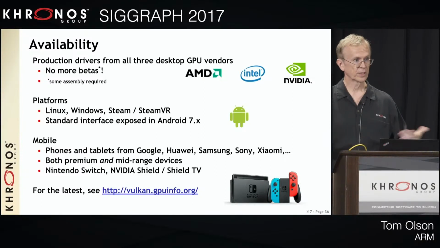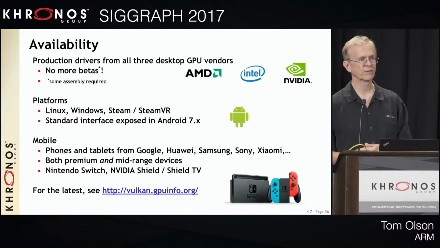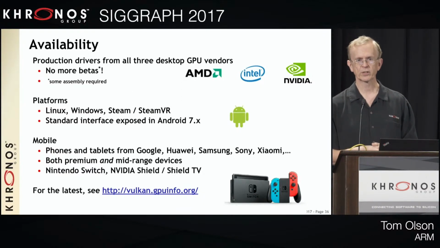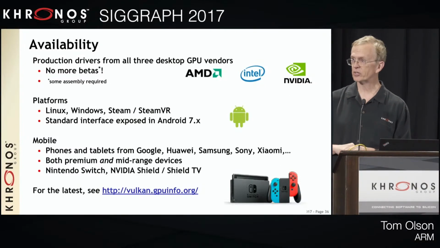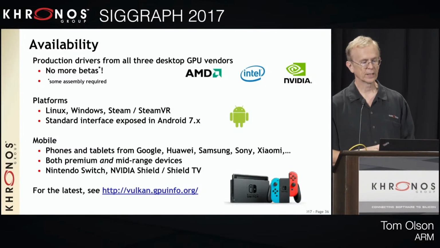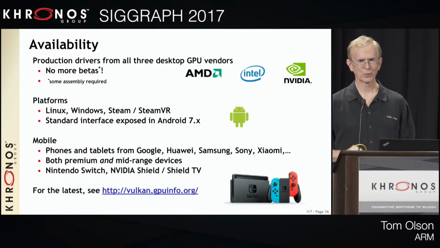On platforms, Linux support is excellent. We have the official support in Android. That is, there's a loader there in Android 7. You can ask it, what Vulkan do you support? It might say, I don't. But at least you can ask the question and you can adapt to that. And of course, you can filter on the Play Store, can't you, Jesse? Of course.